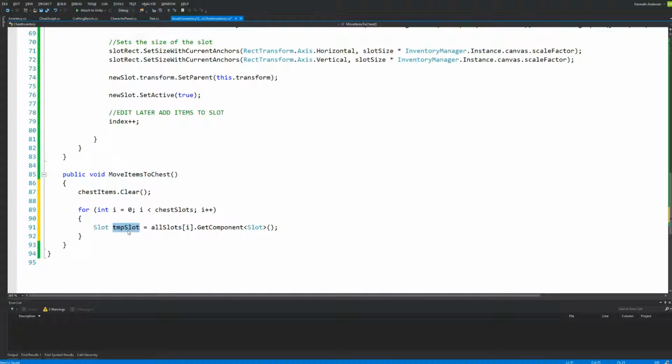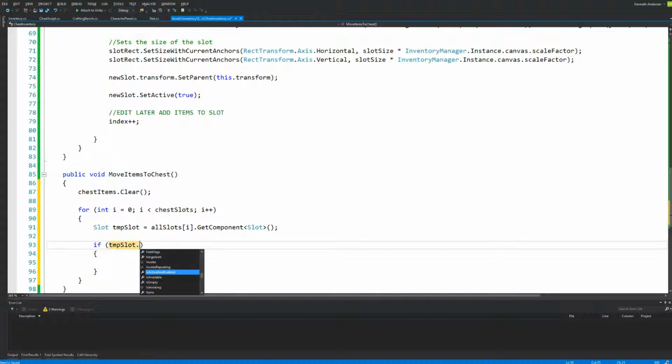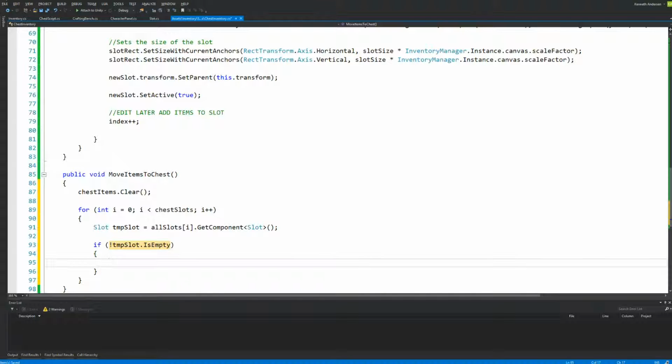So we take every slot and we need to say, well, what kind of items does this slot need to contain when we're moving the items into the chest instead of having them visual for the player. So if tempSlot is empty, if it isn't empty, then we need to store something, because if the slot is empty, then we don't need to put anything inside the chest. But if it isn't empty, then we need to take the items on the slot and put them inside the chest. And we do that by saying chestItems.Add